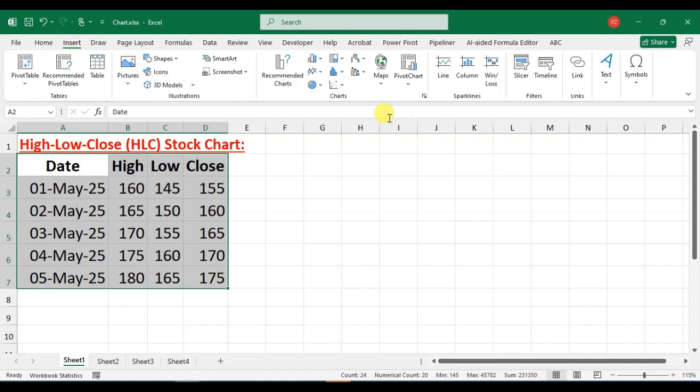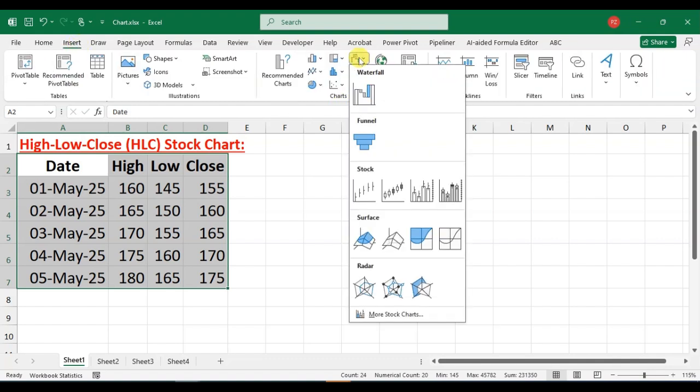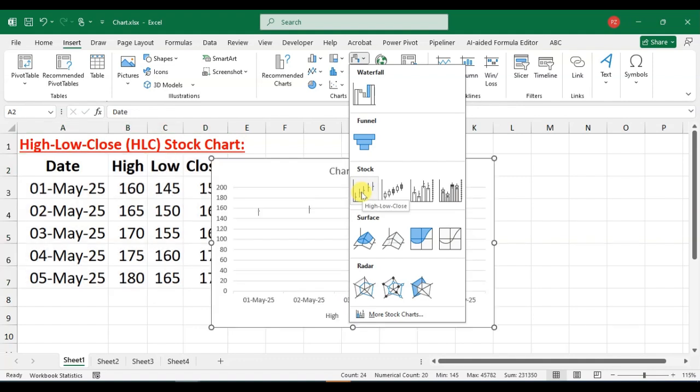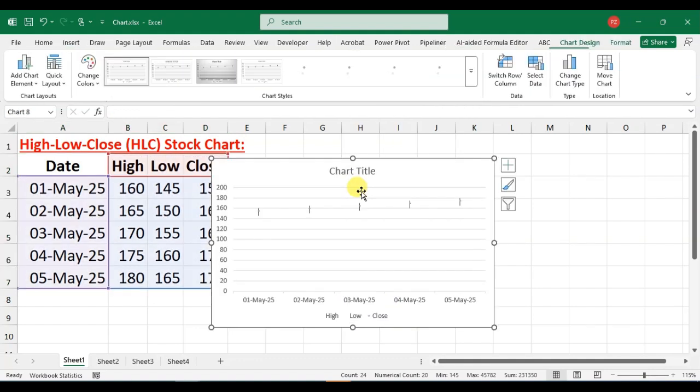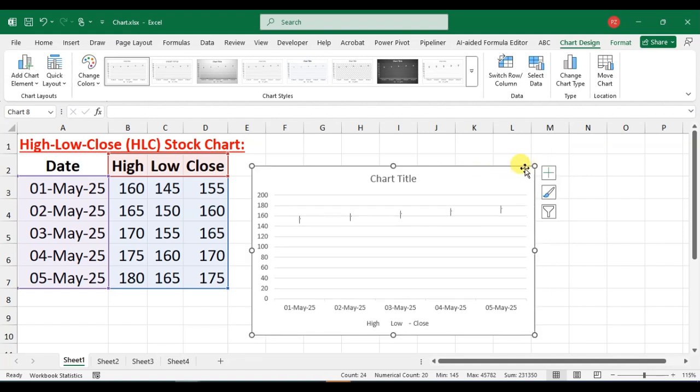Then go to the Insert tab. In the Charts group, click on the Stock Charts option. Here you can see the third option is a stock chart. Just keep the cursor on the first one. You can see the name, High-Low-Close chart. Just click on it, and you can see the high, low, close chart inserted with the Chart Design tab